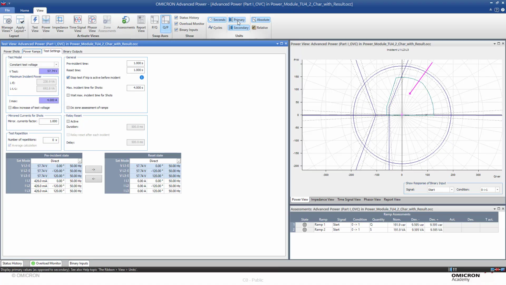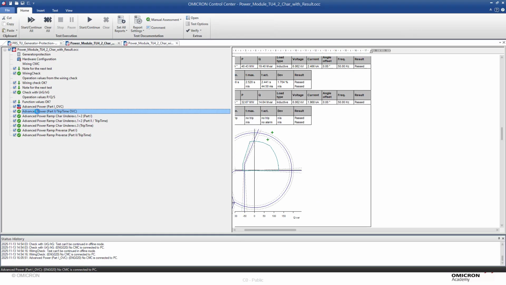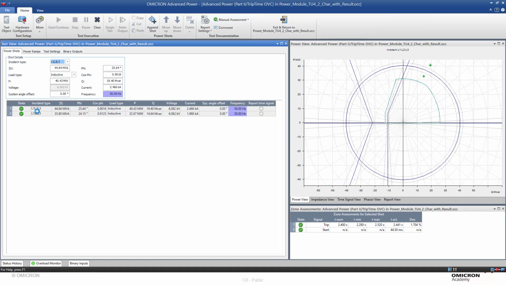So you can display also in primary. Also you can display the time in seconds or in cycles. Then you can go also for the second module, which is the trip time of the overcurrent protection using the power shots. So the reach can be done using the power ramps, and the trip time can be done using the power shots. As we know in the advanced distance module, for example, it's just in the same way